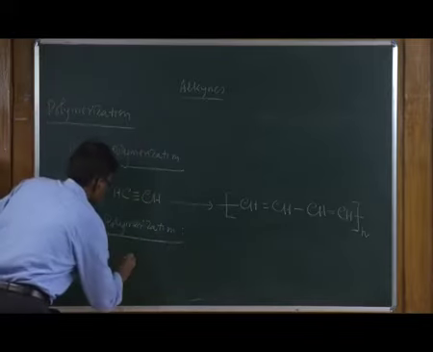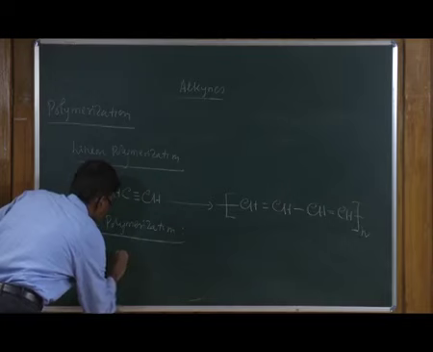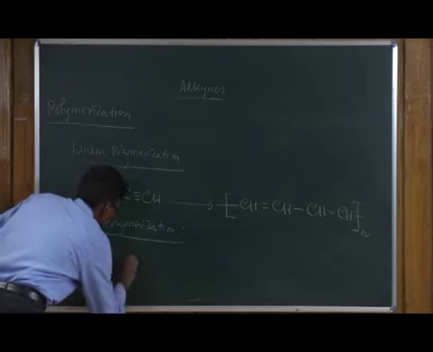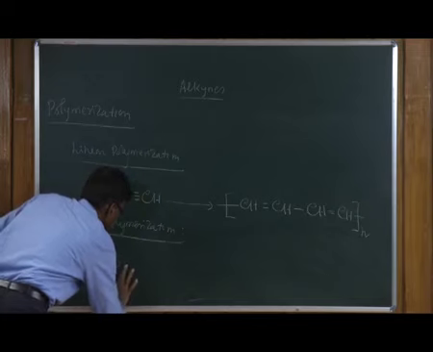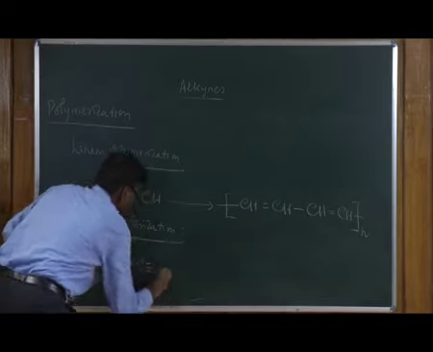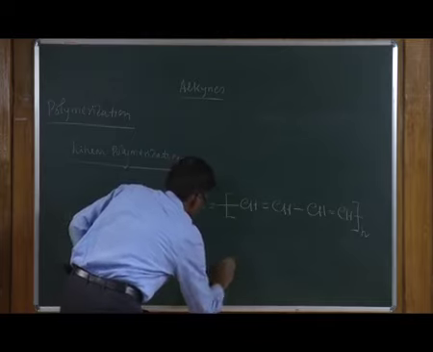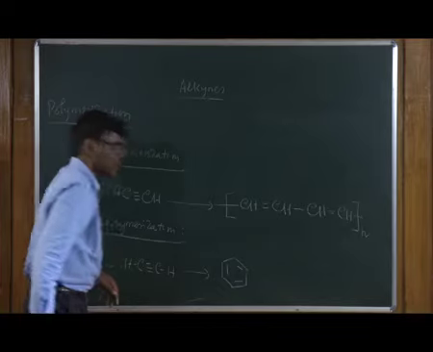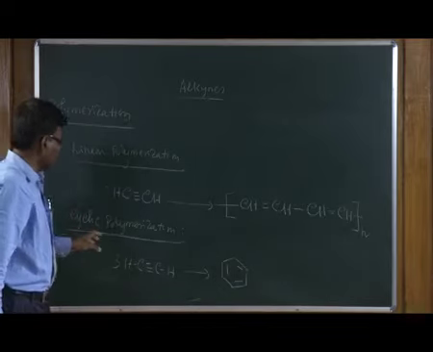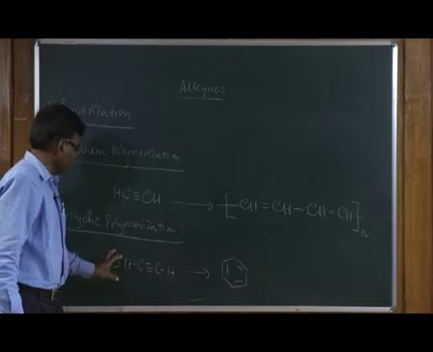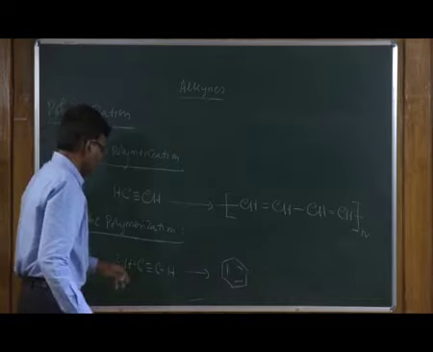they can react to give cyclic compounds. For example, when you react together to give benzene. This is a very important example to convert aliphatic compound to aromatic compound. For example, if you take this alkyne, when you